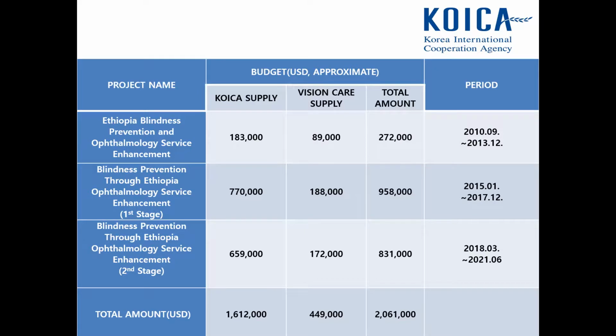KOICA made a contract with Vision Care about public-private partnership. From this PPP, KOICA and Vision Care supplied over $200 million for blindness prevention through ophthalmology service enhancement during these periods. Through this money, we can supply many disposables, consumables, and equipment for the eye exam and the cataract